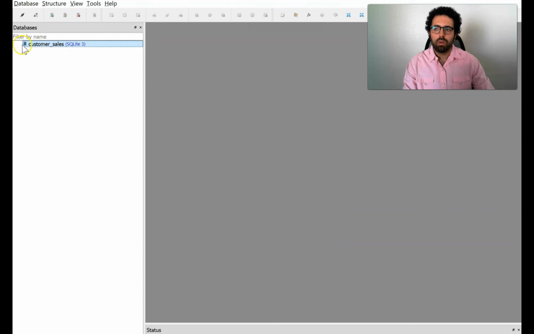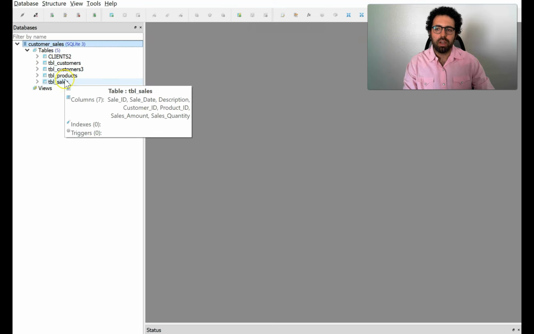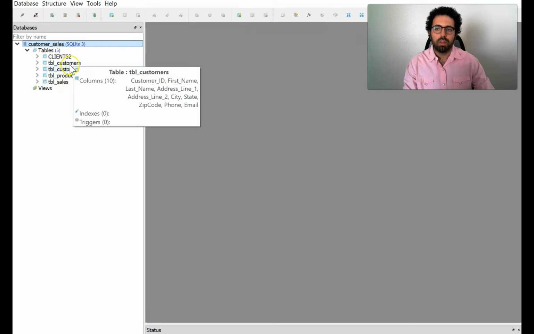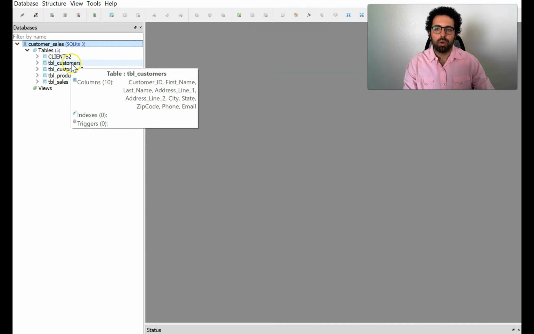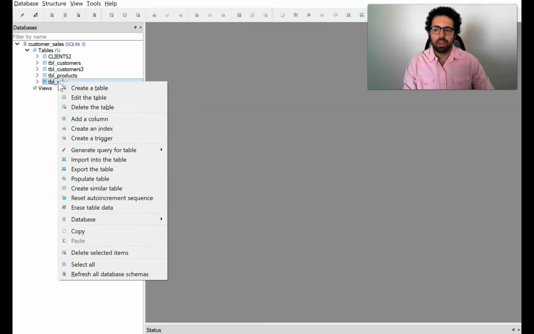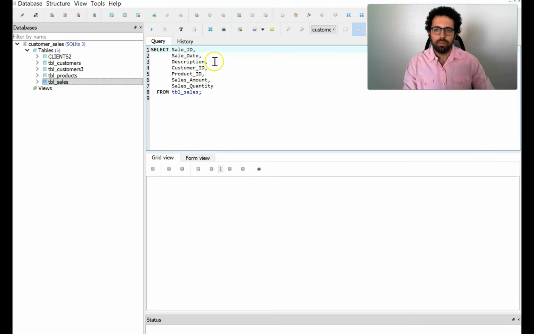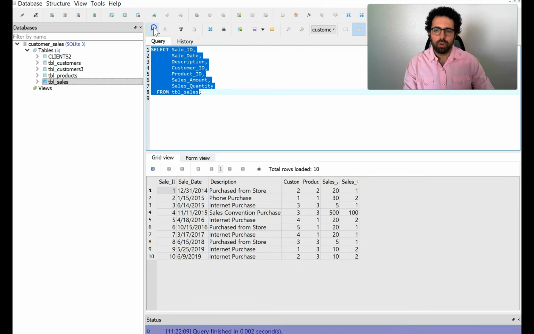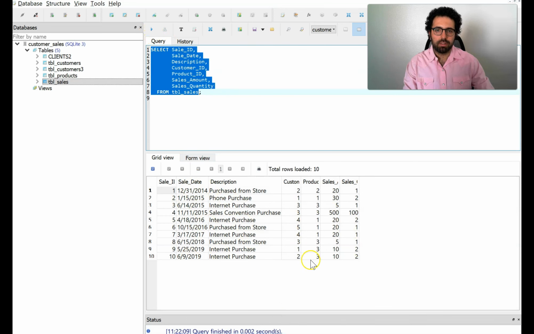If you click on this, you will see the tables sales, product, and customers that we saw as a part of the UML of the database. You could be using the features of this software by, for example, saying, okay, let me generate a query. Select query, and it generates that query for you, and then you run it, and this is the result that we will be getting. But let's go one by one and understand different features of a query